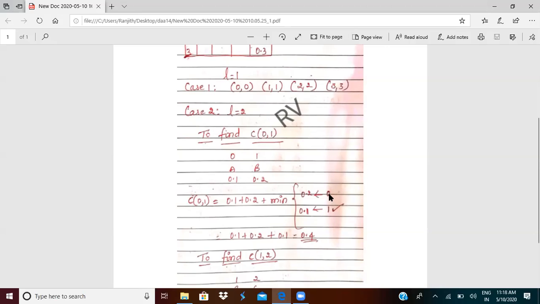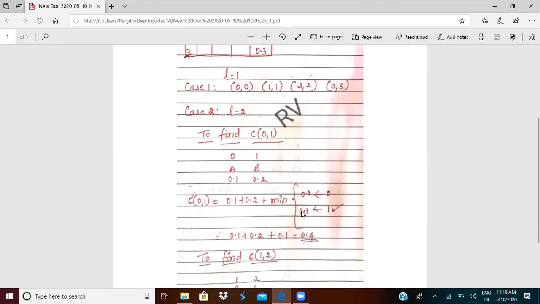Now, which is the minimum value here? The minimum value is 0.1. So I'm going to tick that with a tick mark. Now I'm going to add 0.1 plus 0.2 plus the minimum value 0.1. Ultimately, I will get 0.4.